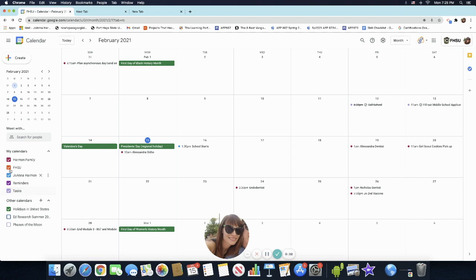So they're all color coordinated so you can identify which calendar goes with which appointment. And if you click on something and you don't want it to show up in the calendar, it disappears. So I clicked out of Harmon family and all my appointments went away and now they're back. So pretty nice to have